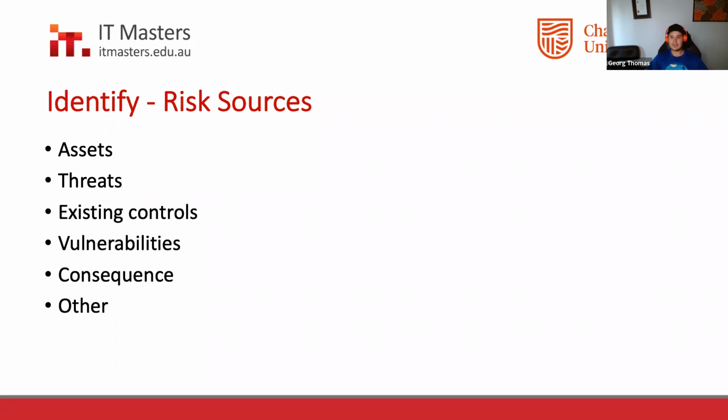So what's currently in place, is it good enough? Are there any potential risks to that? Vulnerabilities, a pretty straightforward one, using something like a vulnerability scanner to identify vulnerabilities, getting pen test exercises to identify vulnerabilities, and then looking at things like those CVSS scores to work out if there's any particular risk there. As I said, one of the important things, and we'll talk about that when we look at analysis and evaluation, is if something comes up with a CVSS score of 10,